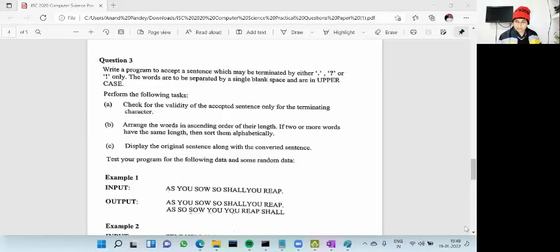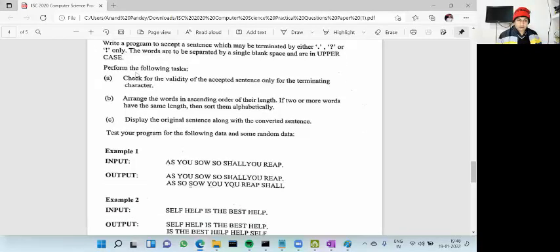Okay, ठीक है। So here ये थोड़ा कॉमन, इसकी प्रैक्टिस कर लेना।